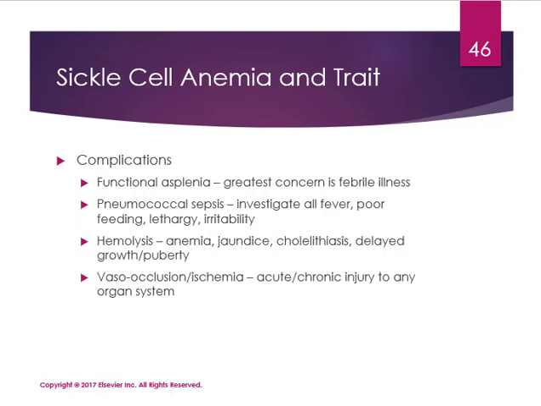Some complications that can be seen is a functional asplenia, which is your greatest concern in a febrile illness. This means that the spleen is not functioning as it should. You can have a pneumococcal sepsis, and so it's important to work up the fever if you're seeing poor feeding, irritability, lethargy. With hemolysis, you may see anemia, jaundice, cholelithiasis, and especially delayed growth and puberty if going on long